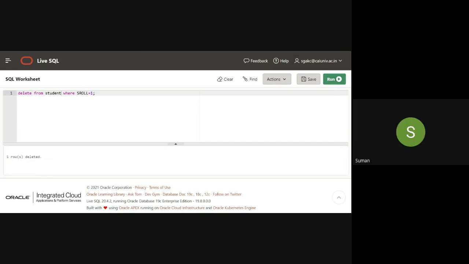Now I can check again, let me do select star from student. If I run this now, I have only 1 row. So you also understood how to delete a record from a table.